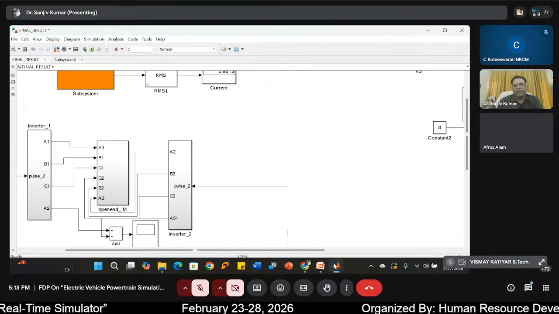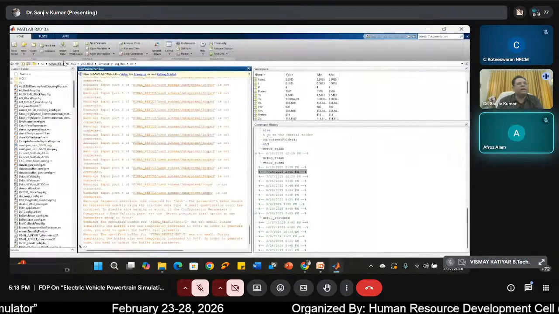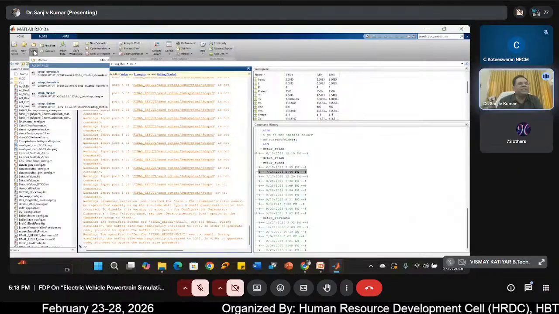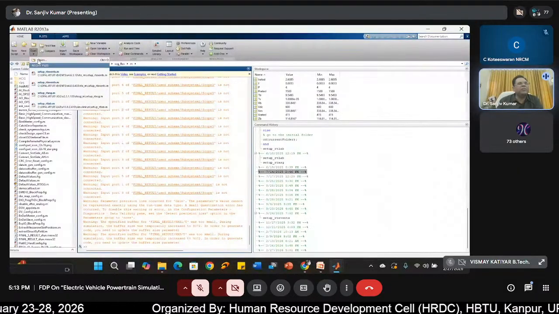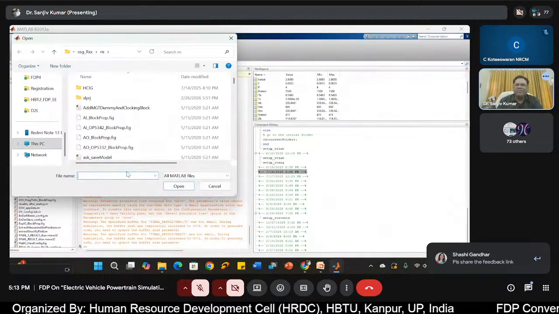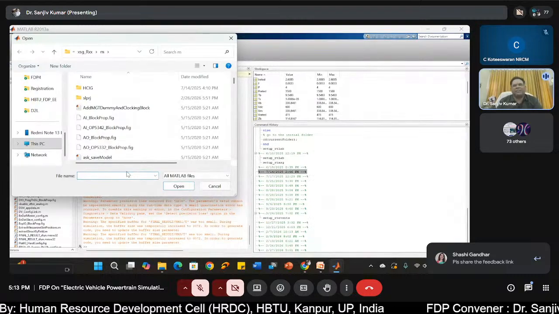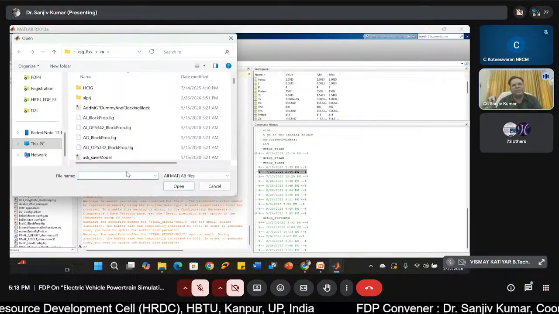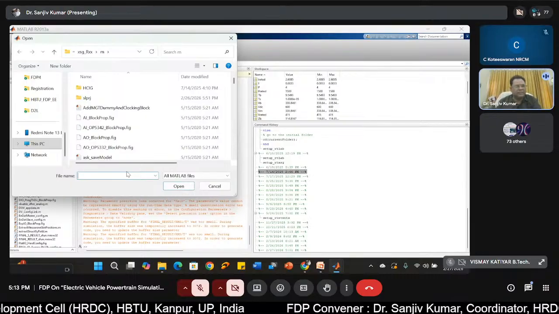Sir, we are enjoying very much. So I will continue with this and I'll show you the performance of the 5-level inverter, and see how simple it is. The very simple 2-level inverter, you just keep on extending this.